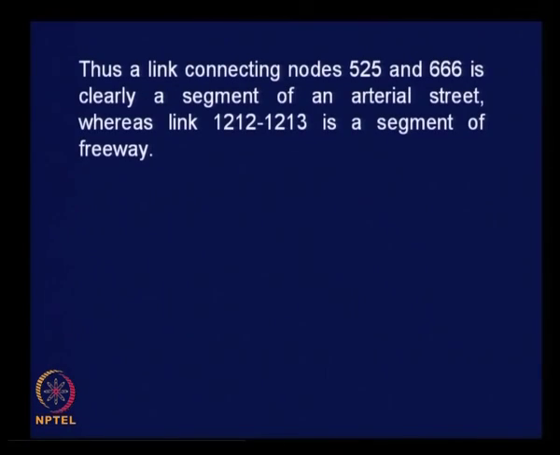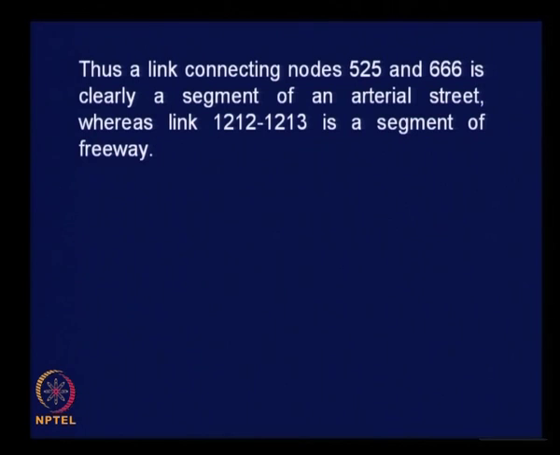Clear? Thus a link connecting nodes 525 and 666 is clearly a segment of an arterial street, isn't it? It is lying in the range of 100 to 1000,